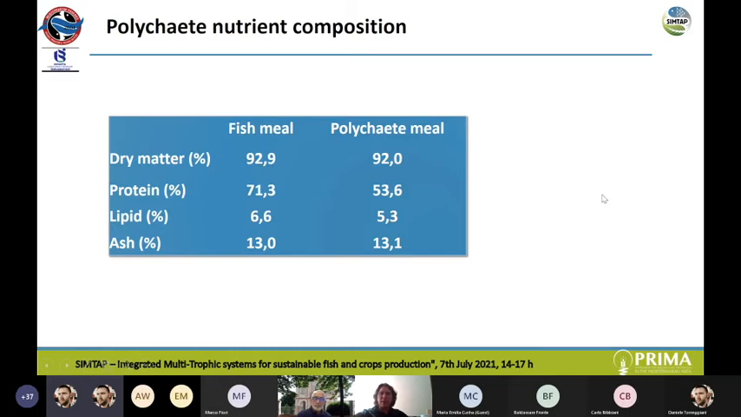We actually analyzed their fatty acid composition, but the results arrived so late that I couldn't make any evaluation for that. Let's talk about